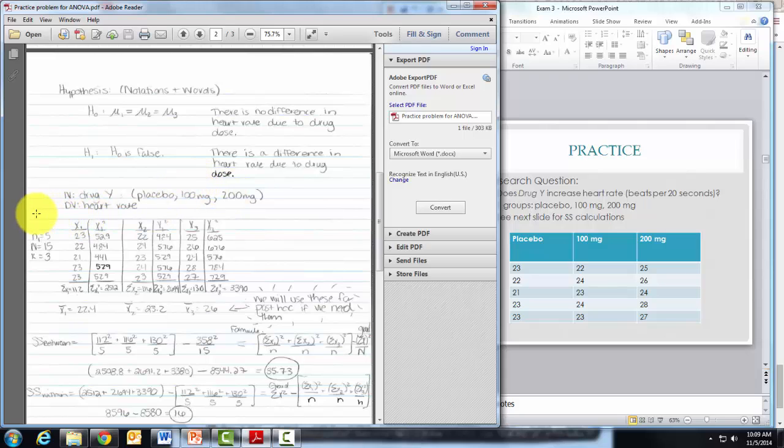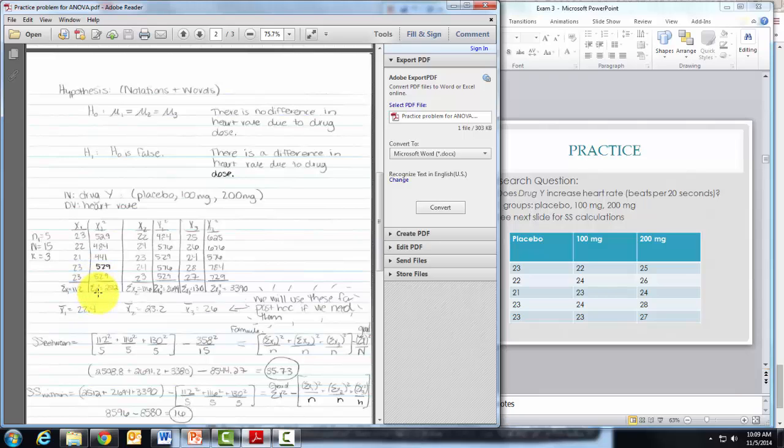So I'm going to set up my worksheet much the way we've been setting it up so far. I'm going to get my raw score values for the placebo group, and I'm going to get my sum of x here. And then I'm going to get my x squared. So 23 squared is 529, 22 squared is 484. And I'm going to then sum those up to get my sum of x squared